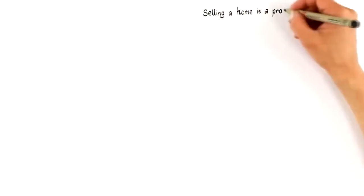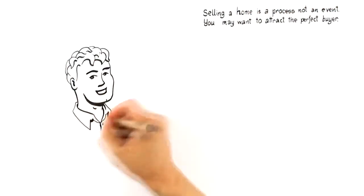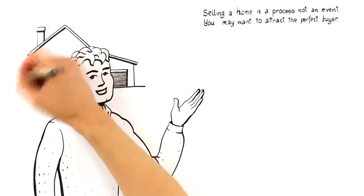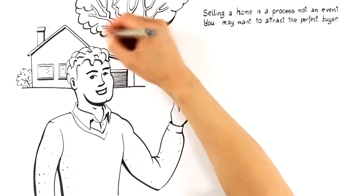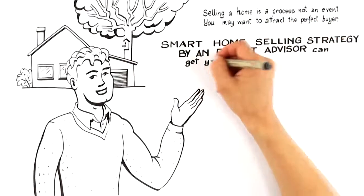By now you know selling a home is a process, not an event. You also learned how to hire an expert who can attract the perfect buyer, willing to pay top dollar for your home. So if you're selling, the next logical step is to request a free, no-commitment smart home selling strategy